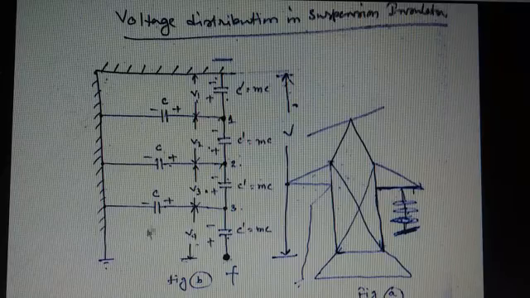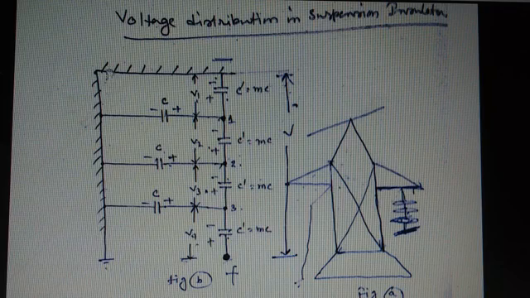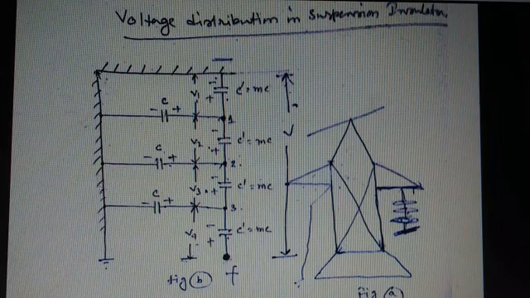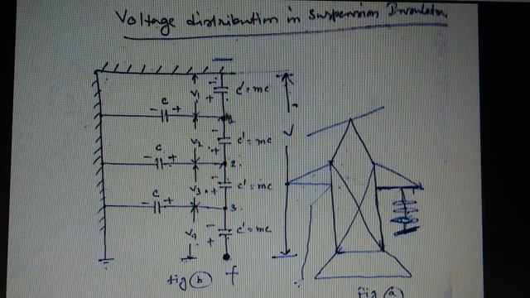In this circuit diagram, these two lines indicate the earth point or ground point. This is the cross arm, which is the metal part. The insulator is placed with the cross arm, and this is the tower over which the cross arm, insulators and the transmission wires are placed. And there are different numbers of capacitors here. Some capacitors are in vertical position, and some capacitors are in horizontal position.